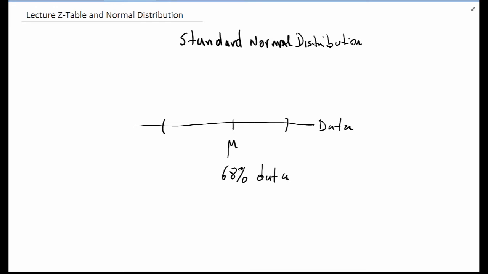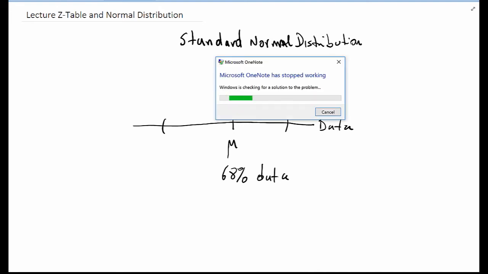The reason is that once we say it's normally distributed, what that means is that the density function of the data,